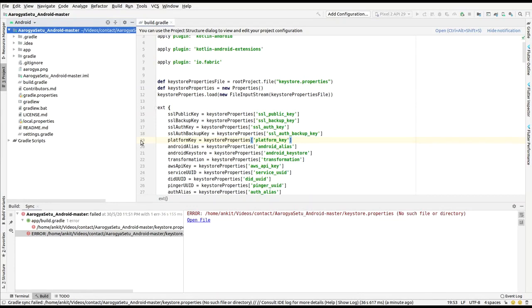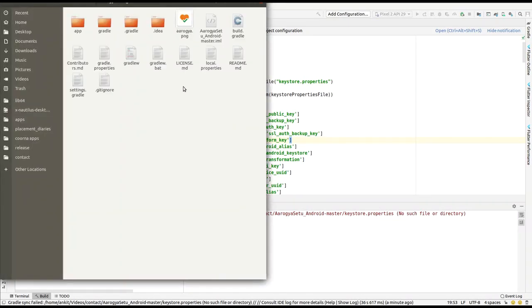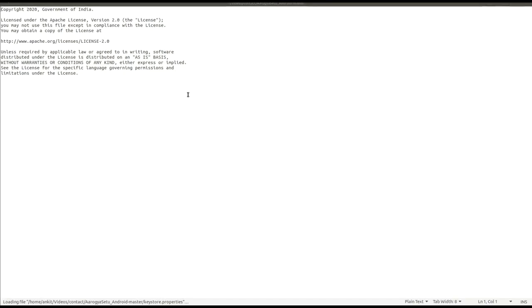So in files, here I will copy a file, make a copy, and rename it to keystore.properties. Also, you have to take care of the extension .md. You have to remove it, and that's perfectly fine. Now we have to open it and paste that code here.